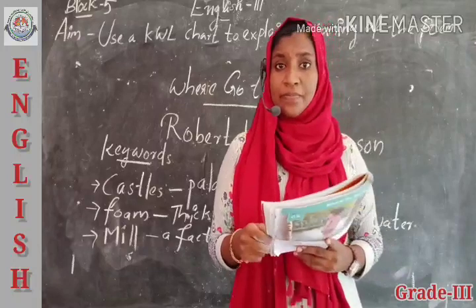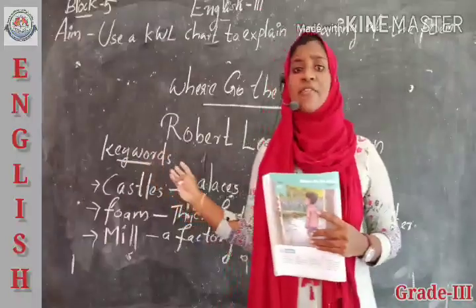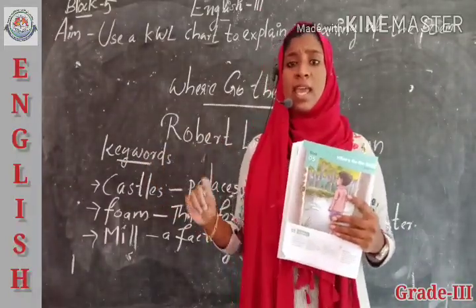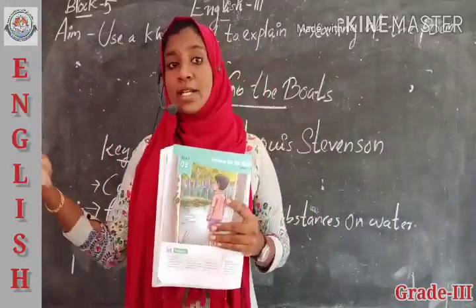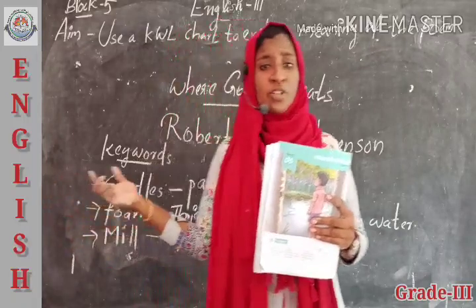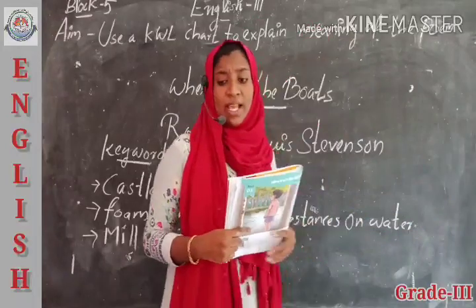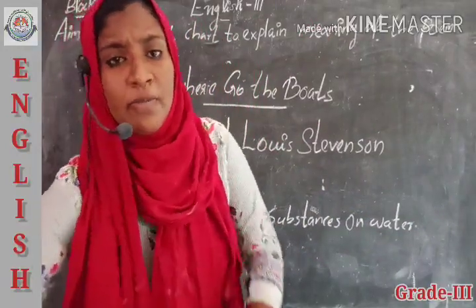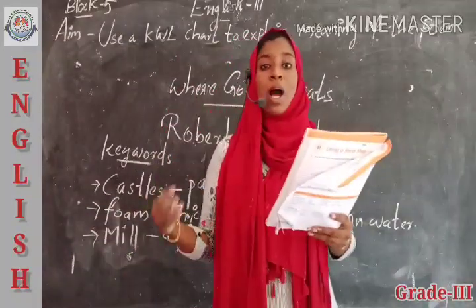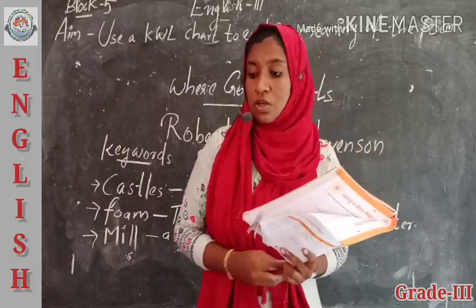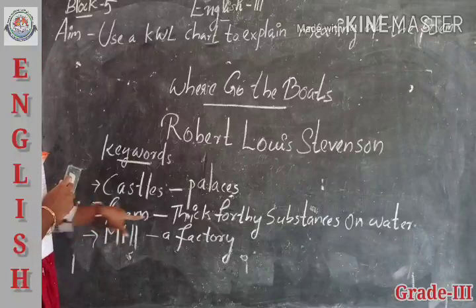Is it clear? Okay. So, after completing these two columns, the first and second column, that means K and W, that means what I know and what I want to know, which we already completed before going to that poem. And after completing this poem, you have to write the final column. Which is our final column? Yes, the final column, we can see what I learned. Is it clear? So, please note these keywords in your notebook with meaning, okay?